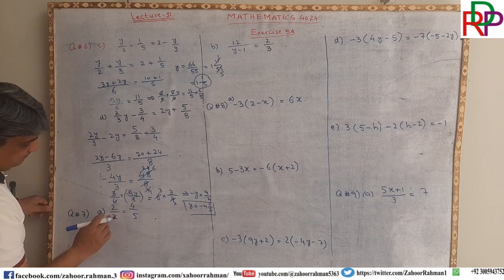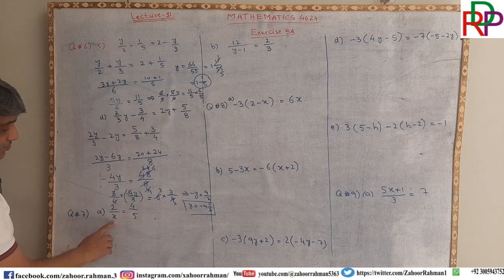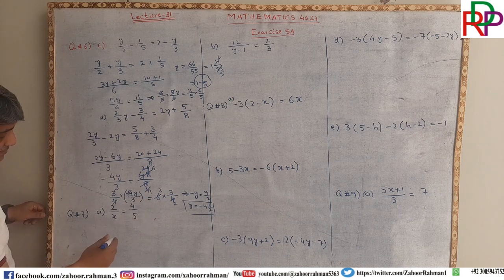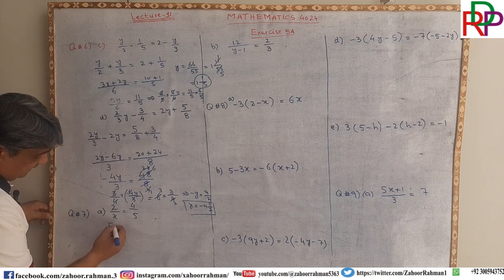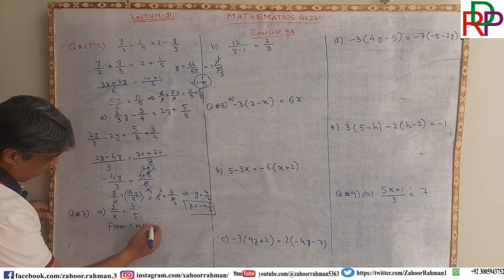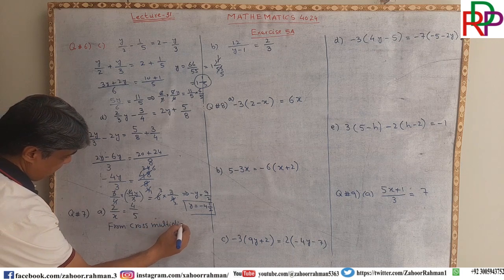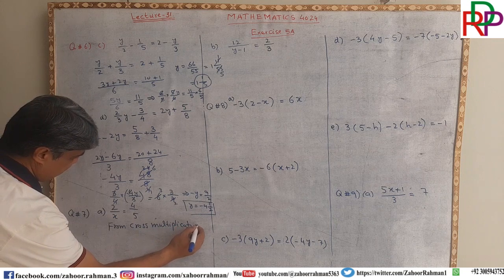Here we have, remember that if x or y, any variable whose value you want to find, is in the denominator, so you have to do cross multiplication. So I am writing here, from cross multiplication,